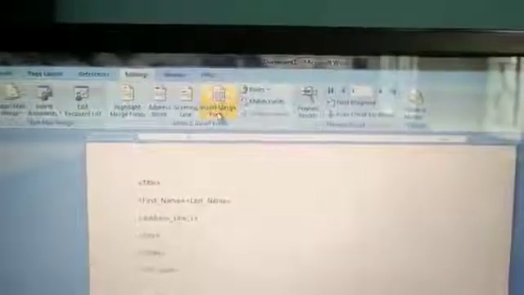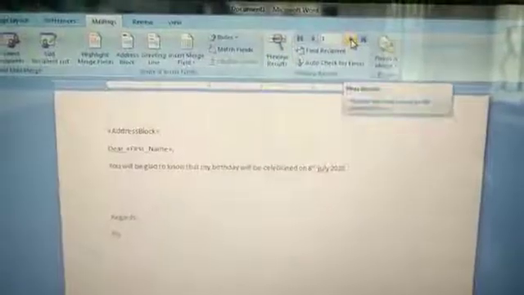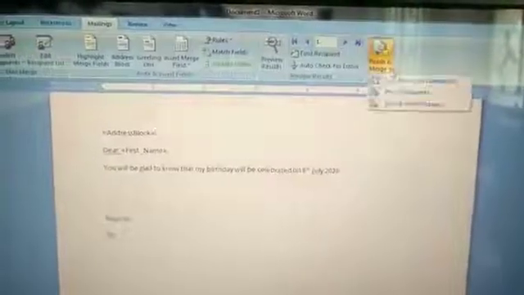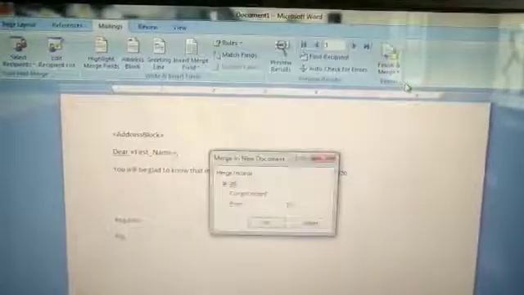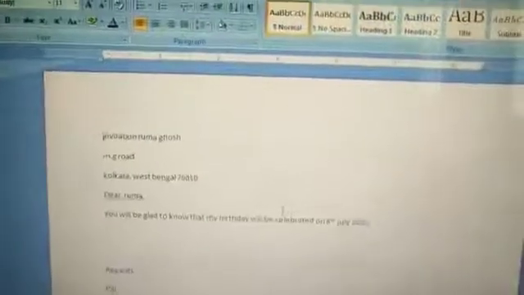So either you can use Insert Merge Field to insert all these details, or otherwise you can click directly on the Address Block. When you click directly on the address block, you can check here also how many details are there. Then click on Finish and Merge, click on Edit Individual Documents and OK. See, in this way, without using Insert Merge Field, you can insert the details of the recipient.